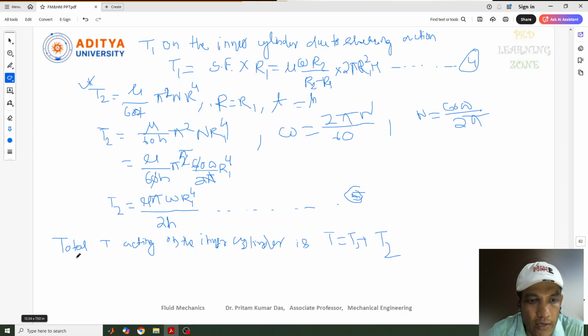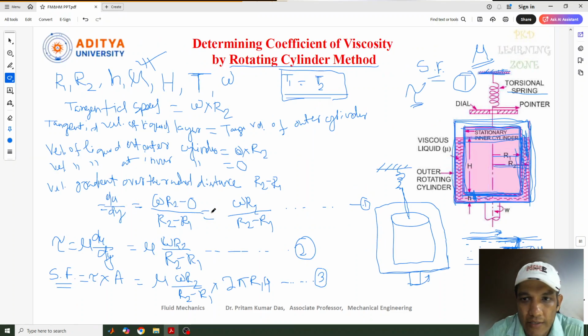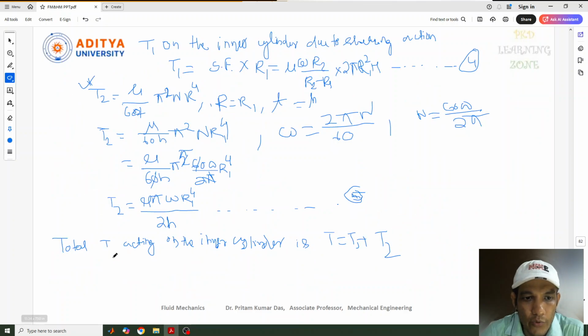Now see the total torque acting on the inner cylinder. This is the inner cylinder, and it is impacted by the outer cylinder, as I told you. So the outer cylinder torque we have identified, and the inner cylinder torque, due to the impact of this liquid, we have also calculated. Now the total torque acting on the inner cylinder is equal to T1